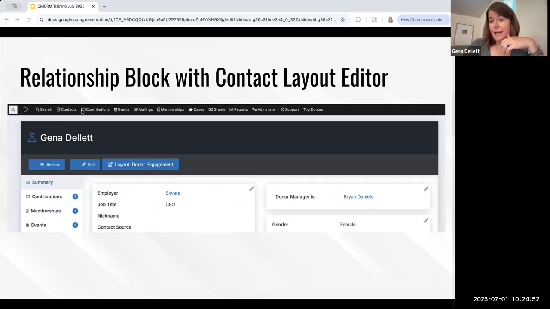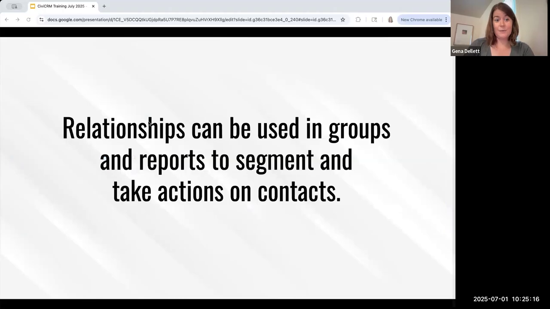I threw together a layout via Contact Layout Editor called donor engagement. You can see that's what that layout is called, little blue button there, and then I put it in the top right corner. Donor manager is Brian. That's a clickable link. I could go to Brian's record, or in this case, as both admins, it would be more like, don't touch this contact, because Brian is the one who's cultivating this relationship. You can use this in a lot of other ways because relationships, as you may already know, can be used in groups, in reports, and in advanced search to segment and take action on contacts,